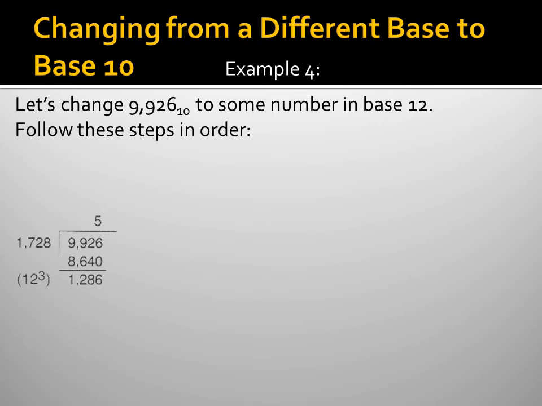9,926. And you can do that on your calculator. Put 9,926 in your calculator first, press your division button, and then type in 1,728 and press equal. And you're going to get a decimal. You'll get 5 point something, something, something. The only number you care about is the 5. Put the 5 above the division bracket. Take 5, multiply it by 1,728 in your calculator, and you'll get 8,640. Write that number underneath 9,926 and subtract them to find the remainder. In this case, the remainder is